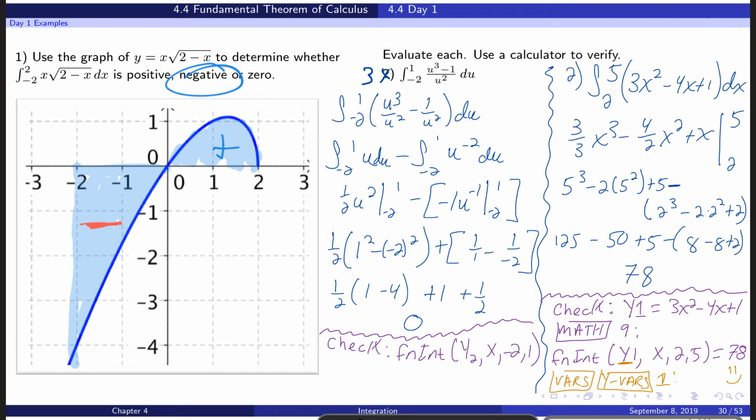And that's because this is a little bit of a bogus question. We should not be doing the antiderivative there. Why not? The issue is that this function is not continuous and differentiable on the interval negative 2 to 1, okay? If you look at this function, u cannot equal 0. And since 0 is between negative 2 and 1,